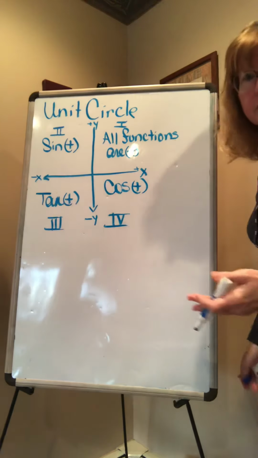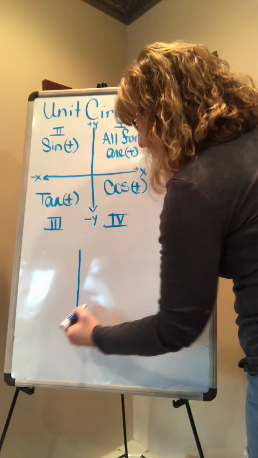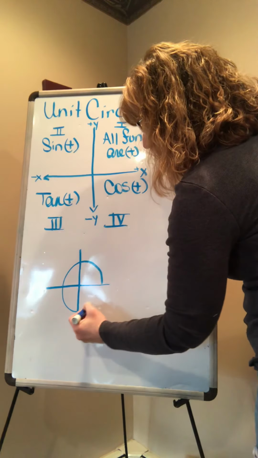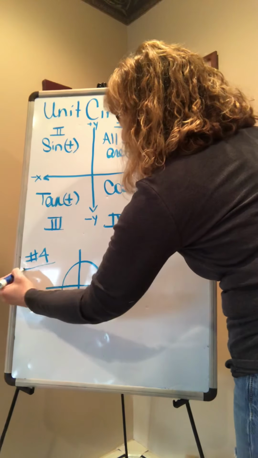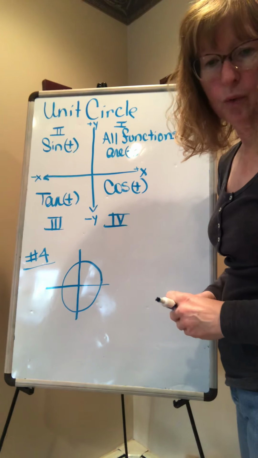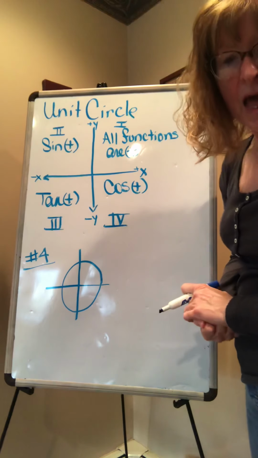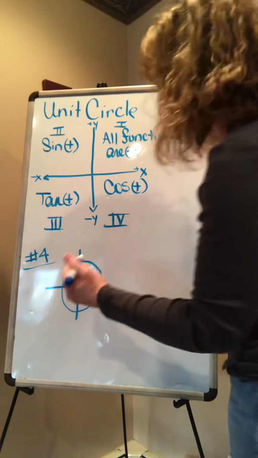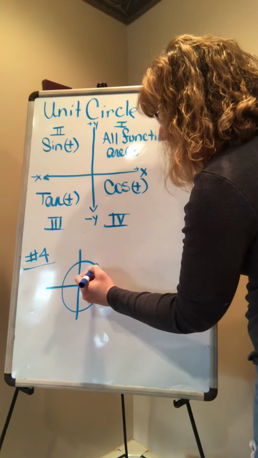Now this matters because when you have a point on the unit circle, so let's take problem number 4 from yesterday's packet, which I told you to skip. On problem number 4, they say there are points on the unit circle. All right, so here's my unit circle. Number 4a gives us x equals 3/5. Now, if x equals 3/5, that point,